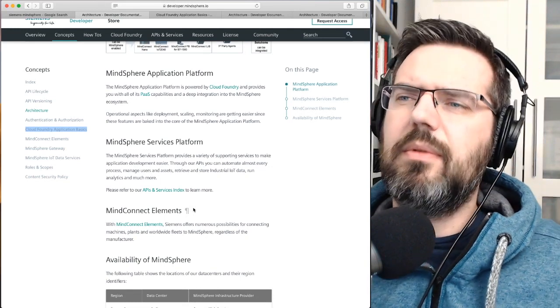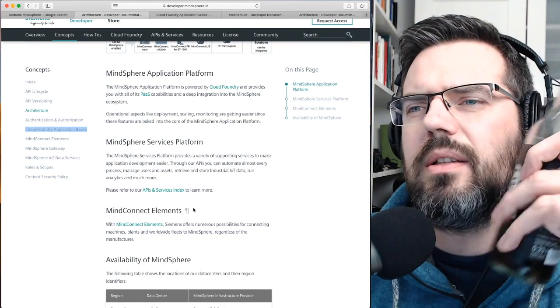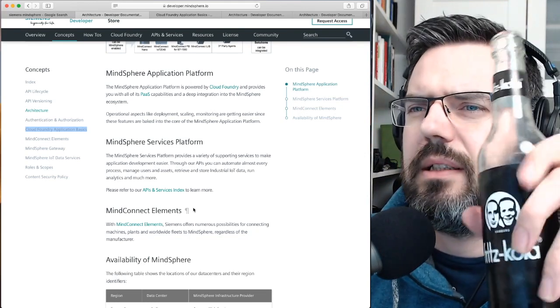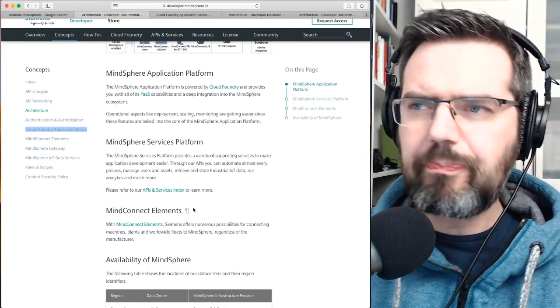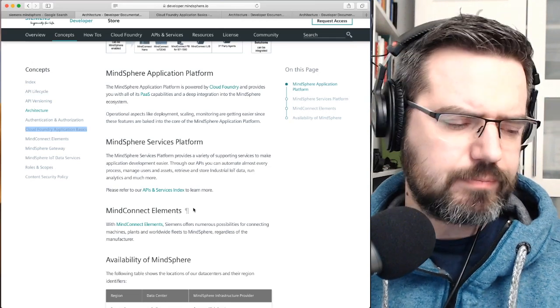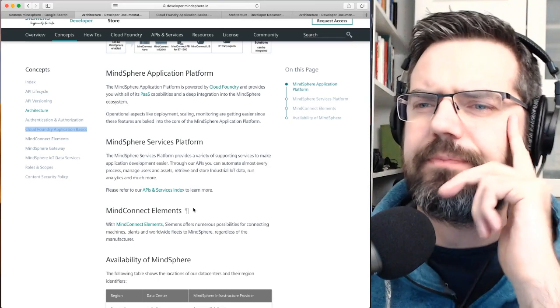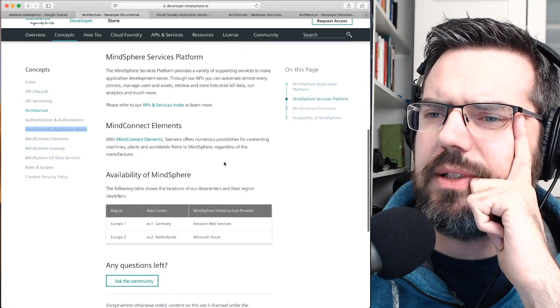Mindsphere services platform provides a variety of supporting services to make application development easier through other APIs. So that looks like, do you install this cloud for yourself?